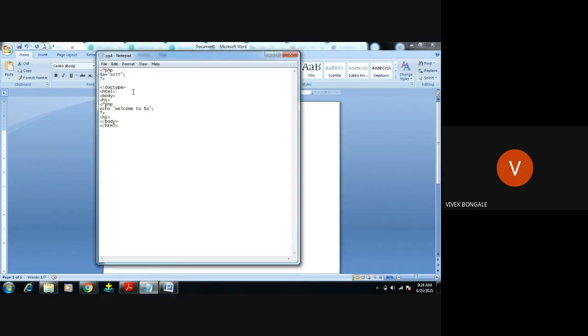So we'll write this program. I will remove the things I don't want. I will create one variable, dollar a equals 5. I have given the value there. Then I will create one more variable, dollar b equals svit. Now we'll use the printf function, because I'm going to pass this value 5, which is an integer, and svit, which is a string. Both we are trying to pass in a single statement.